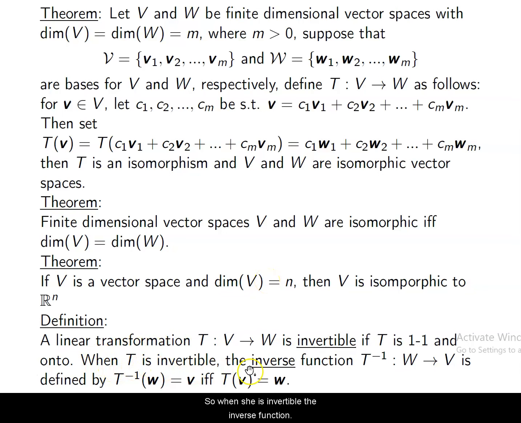So when T is invertible, the inverse function, T inverse, or the inverse transformation really, T inverse from W to V, is defined by T inverse of W equals V if and only if V gets sent to W, right? So the inverse function basically sends W back to V if V is sent to W by the main transformation. So